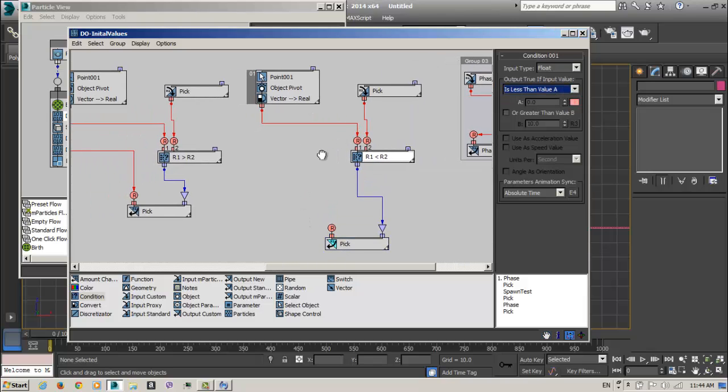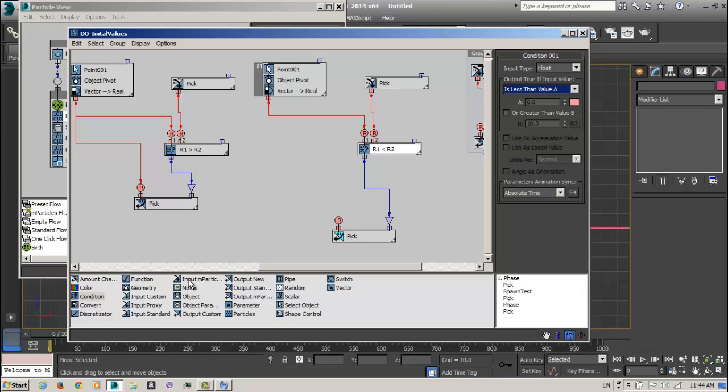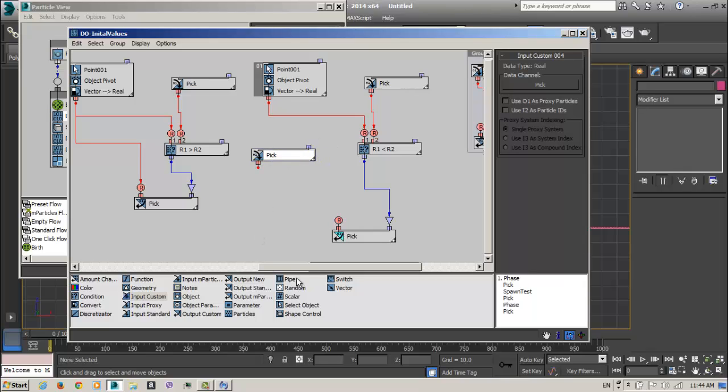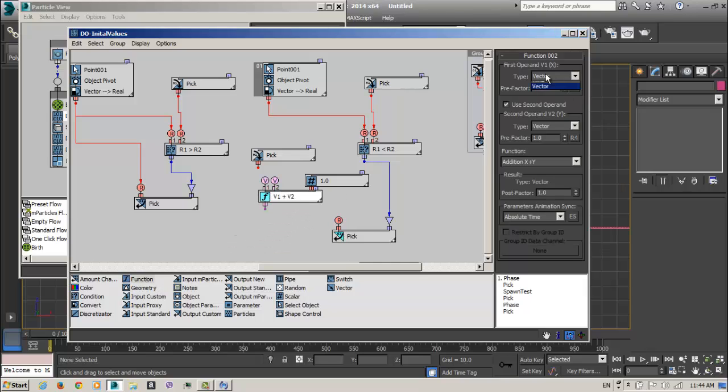What if it's less? If it's less, then an input custom, we select our pick, create a scalar and a function which will be real.